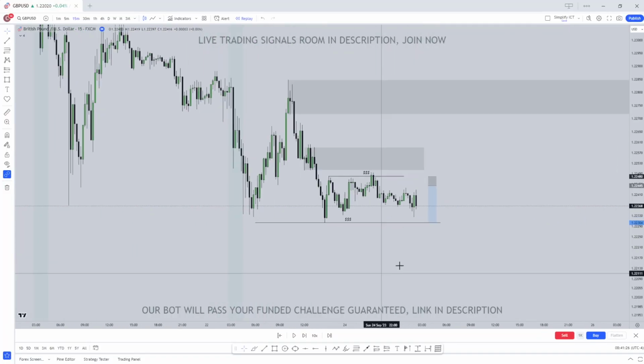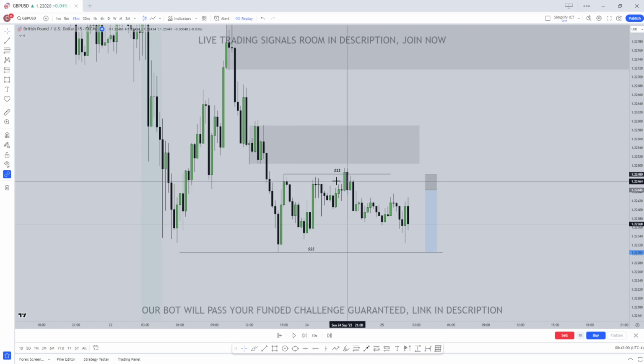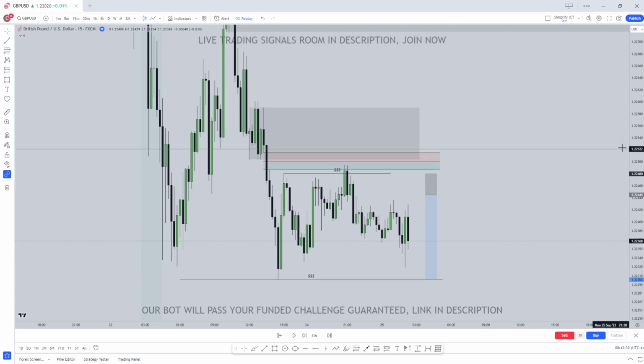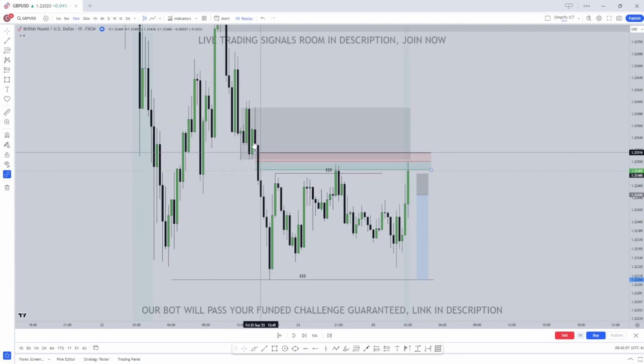And now let's break down why I was looking for this exact area of interest to be tapped into. Now, as you can see, we had equal highs or relatively equal highs made with these highs right here. And right above this, we have a fair value gap and an order block. Now, a mistake I made, I didn't look for the consequent encroachment of this fair value gap. I didn't look for the midway, the 50% of the fair value gap to be tapped into. As you can see, this was the correct area which I should have looked for, this 50% of the fair